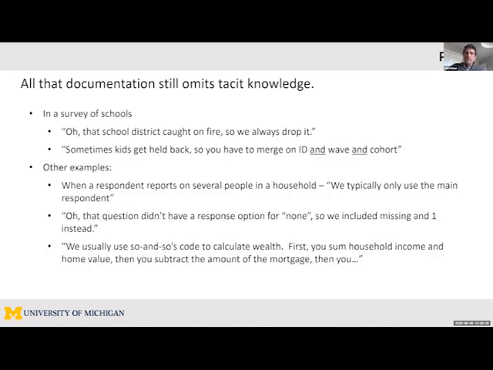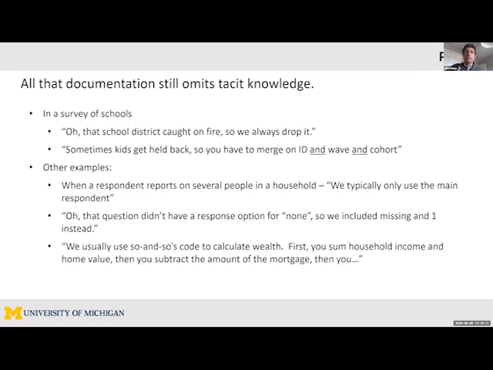Even with that documentation, there still tends to be a lot of tacit knowledge that comes with the data. These are things that we don't necessarily put in the documentation, but that people who work with the data often know. So again, to take this example of students in the schools, one of the schools caught fire and burned down. And so people analyzing those data have a tendency to drop that school, very consistently, like they almost always drop that school. But there's no way you would know that from any of the code books or any of the 637 files. You just have to know to drop that particular school.